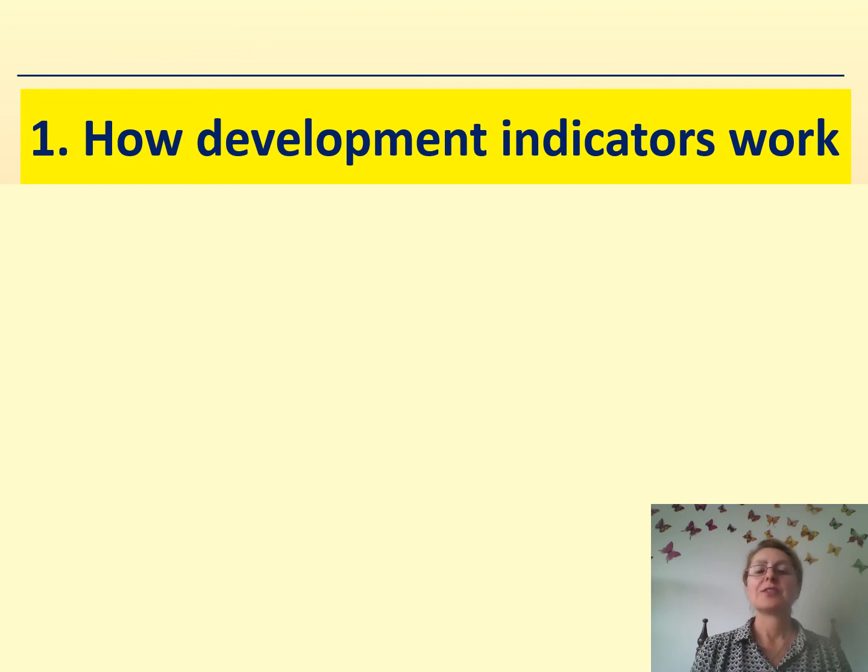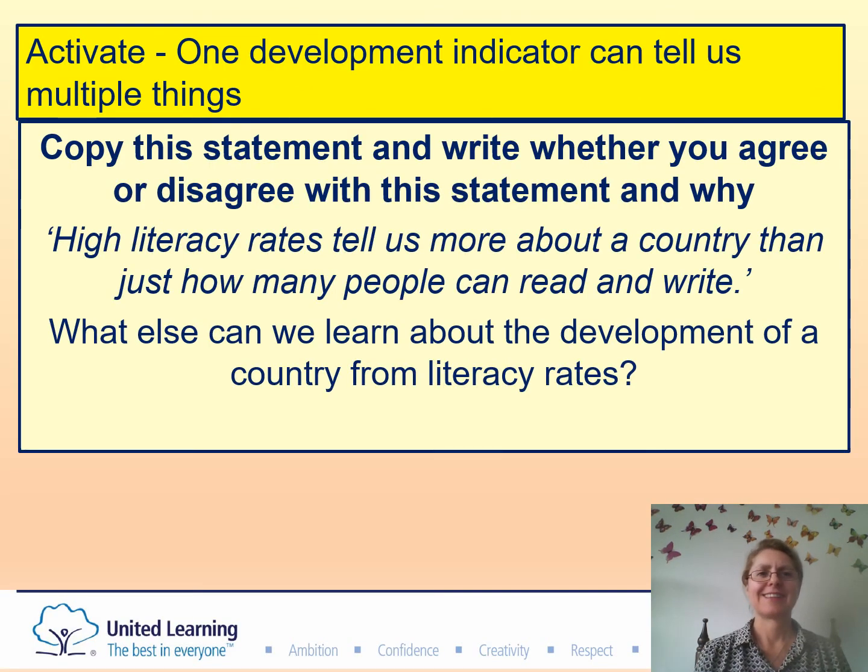So the first thing we're going to look at is how development indicators work. This is an Activate activity. One development indicator can tell us multiple things. So what do we mean by development indicator? It's a measure of quality of life in a country and it's numerical. Maybe percentage, maybe dollars, maybe a number. Development indicators are used to show the progress of a country in meeting a range of economic, money, social, people,